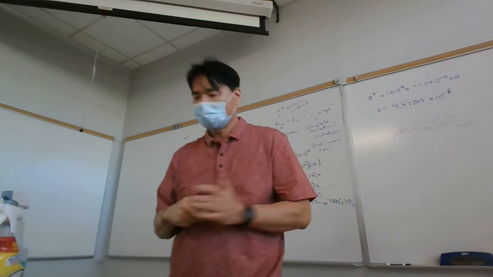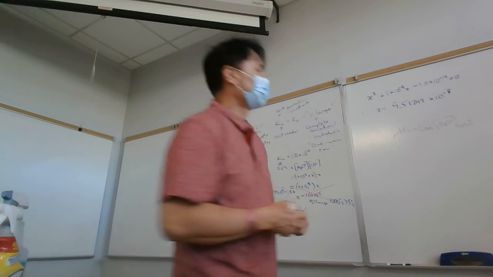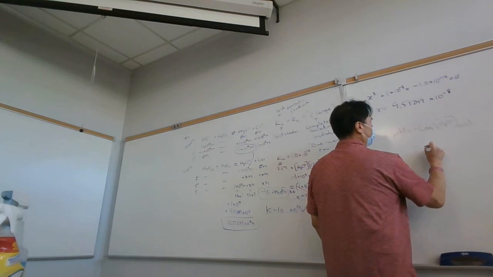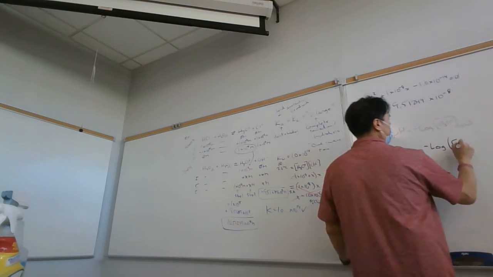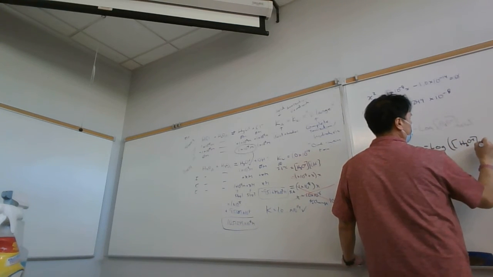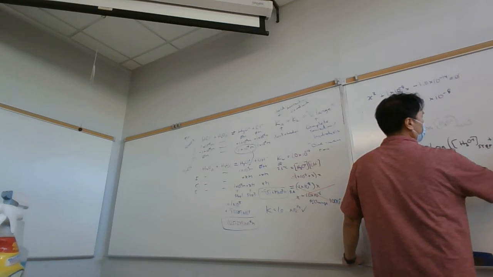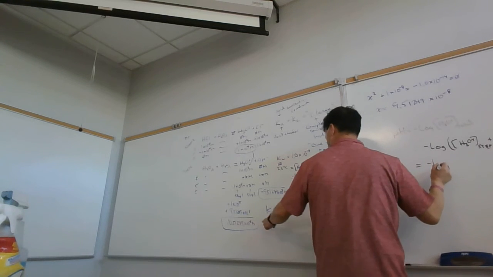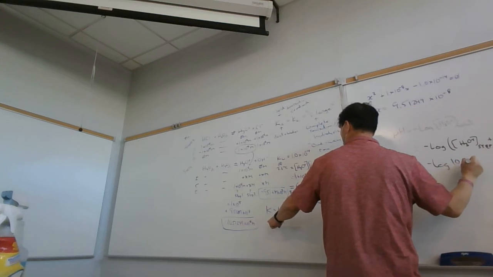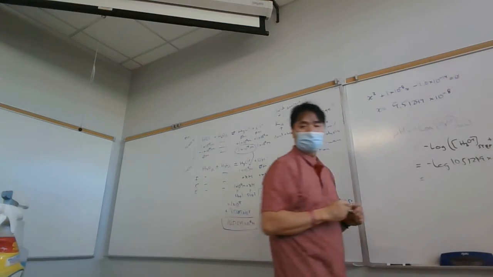Well, what is the total hydronium? The hydronium is going to be the sum total of step 1 and step 2. So this is going to equal the negative log of the hydronium from step 1, I'll just write it out like this, plus the hydronium from step 2. And we already did that calculation. And so this is going to be the negative log of 10.51249 times 10 to the minus 8, which is going to give us a pH of